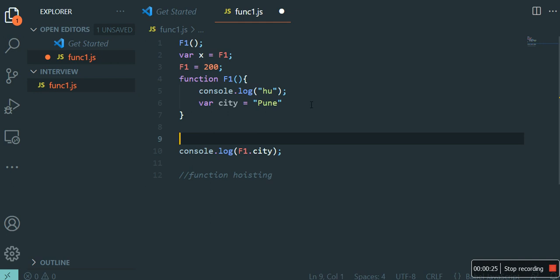Okay. So this is a simple code snippet in JavaScript, and you have to go through it and tell me what would be the output at line number 10. There's no hurry. Take your time, 2 minutes, 5 minutes, and then tell me the answer.